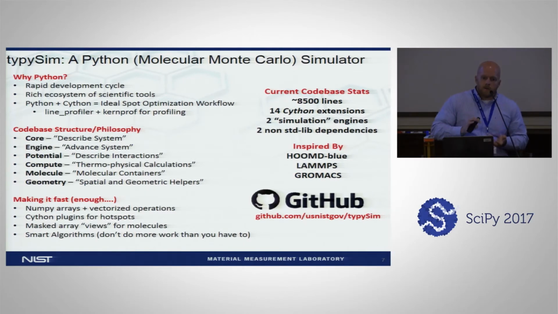As I said, I'm on a 2-year postdoc and I wanted this code as quickly as possible so I could move on with my science. I knew I had a rich ecosystem of tools I could rely on to help me get through this development process. And most importantly, one of my favorite workflows is Python plus Cython, where I write everything in Python, look for the hotspots using some sort of profiler, and drop those hotspots into Cython to get near C speeds